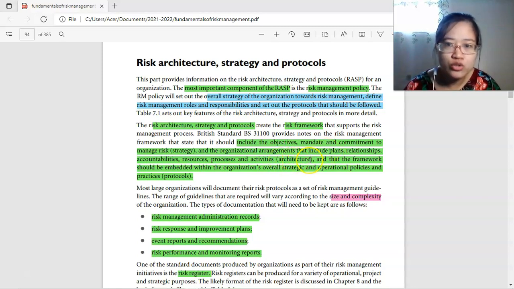And then for the architecture, ito na nga yung specific plans, kasi yung strategy mo, you have the overall for the company, and then you have the individual plans to address specific risks present in specific departments or aspects of the business. Okay? So, kumbaga dito, more specific siya or more detailed yung how they're going to address the risk. Tapos, you have your relationships. So, let's say the departments,